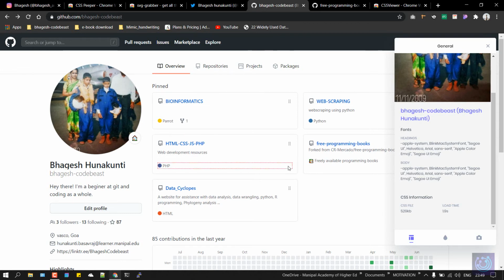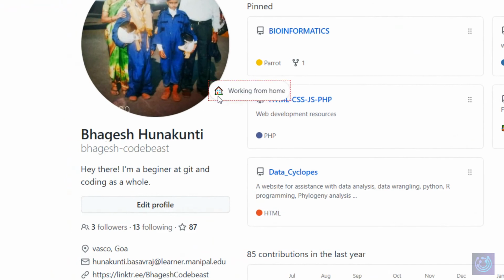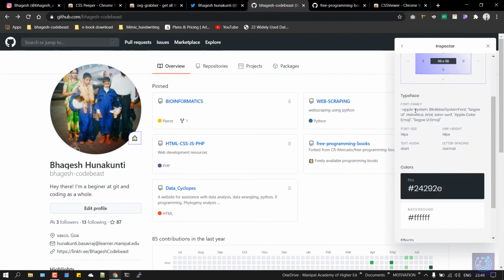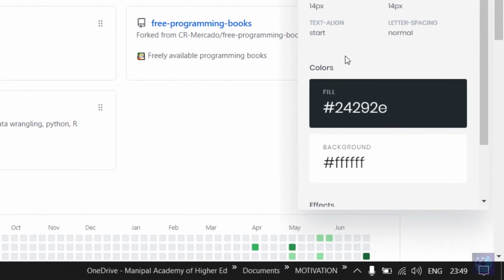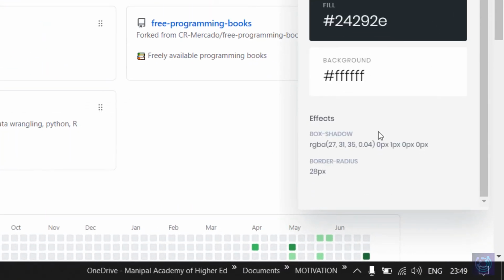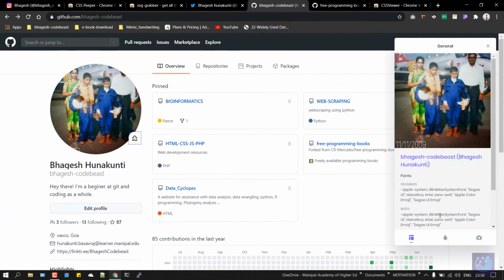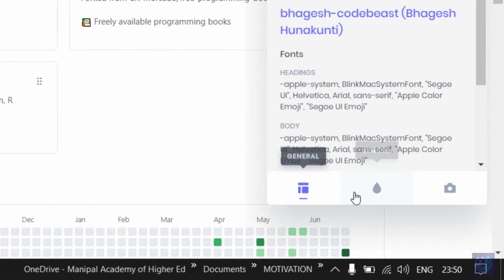It again works on the principle that if you hover over a specific element, you can find out the properties of it. For example, if I click on this icon, it will give me the size along with the font family, the size along with the colors. It will also give you extra properties like what kind of box shadow it has and the radius of the box. Going back to the section about colors, if I come down to the section beside General, which says Color,